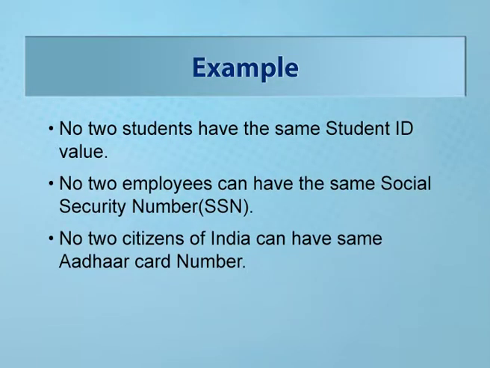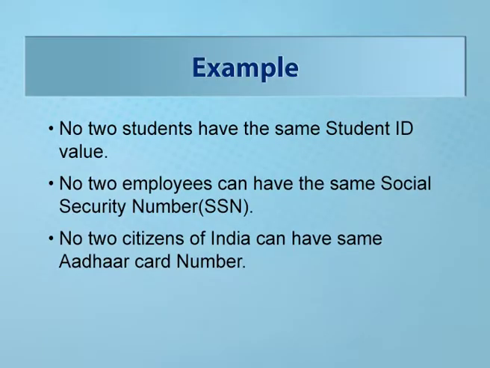For example, no two students have the same student ID, as I was talking about. While defining the database schema in the student table, I said that this field has an integrity constraint. What is that constraint? No two students should have the same student ID value. That is the constraint I put at the time of DDL, data definition language, or else at running time it can also be verified. Suppose some person tries to put the same student ID for different students, it should restrict.